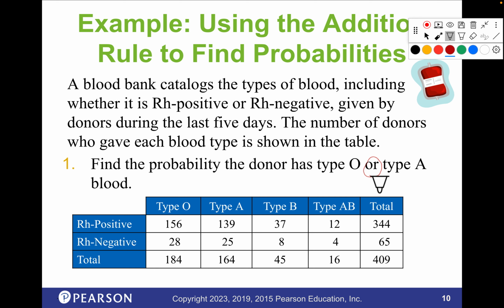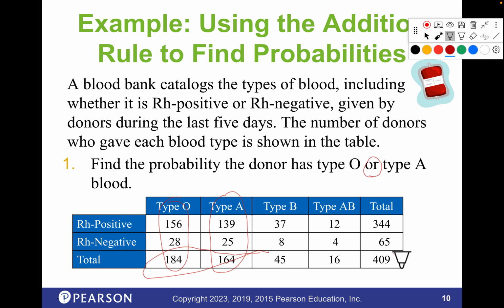Yeah, you can't have type O and type A. And so we're looking at this column here and this column here. They're mutually exclusive. It doesn't mention anything about being positive or negative, so we take these as our total values